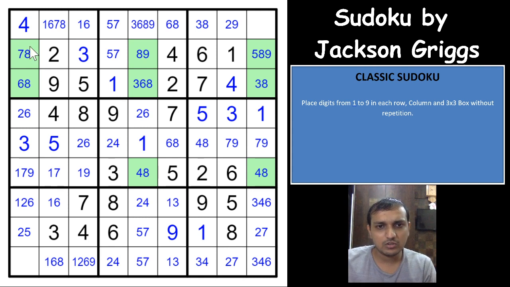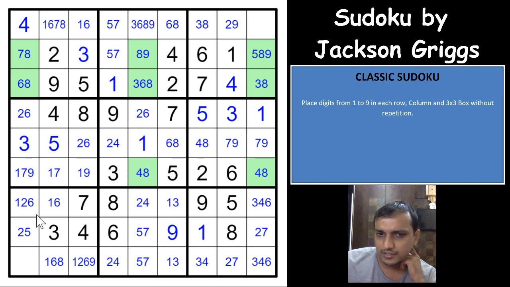So if you exactly require three 8s in these three rows, which are always in these three columns, any other 8s in these three columns will be eliminated if they are not in the green cells. So which means that 8 cannot be in any of these cells. This cell cannot have an 8 because of the swordfish. This cannot have an 8, so you'll have 8 in only this cell.